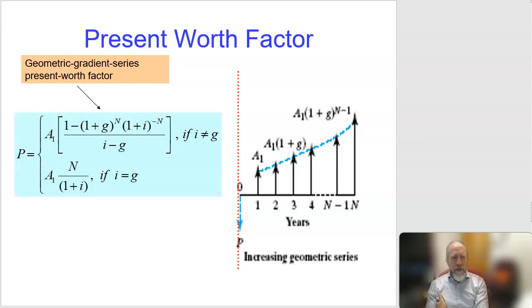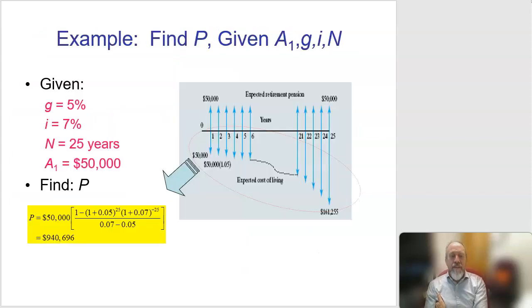If you Google how do you calculate the present worth of a geometric gradient series, it's going to give you the equation. If you have to do it of a linear gradient series, it's going to give you the equation. If you're going to have to do it of an annuity, it's going to give you the equation. You can get all those equations. Okay, it's just a way to not have to use a book,